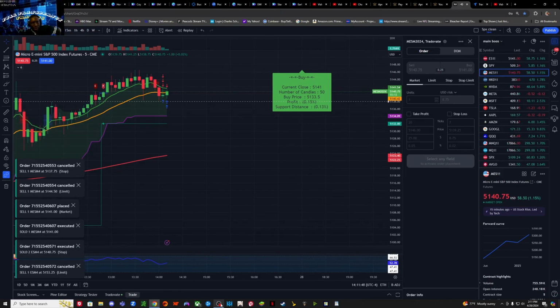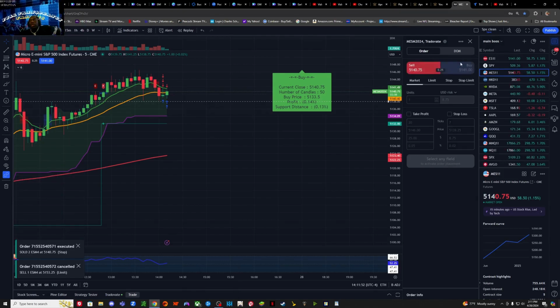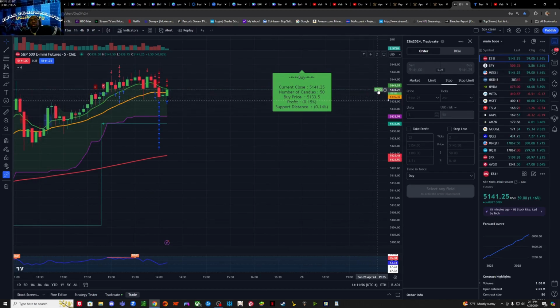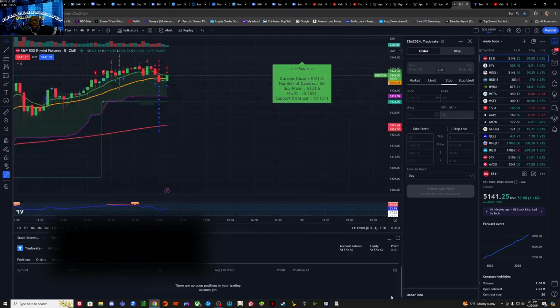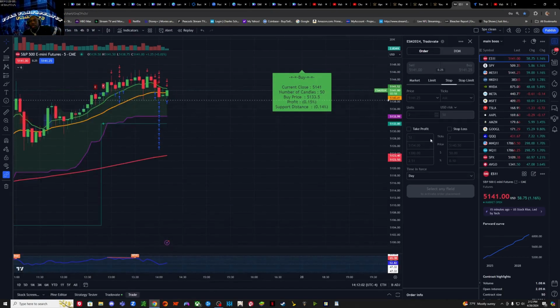I risked $50 just now, right? And I made like $60 between those two trades. Could have made like 100 or whatever the case is, but that's not the point. The point is, it's really easy to get in and out when you're in these particular trades here. But the coolest thing that I actually just figured out today is that you can in fact